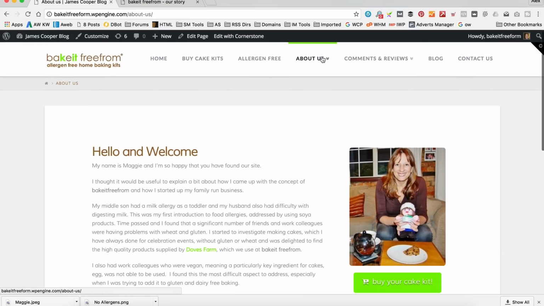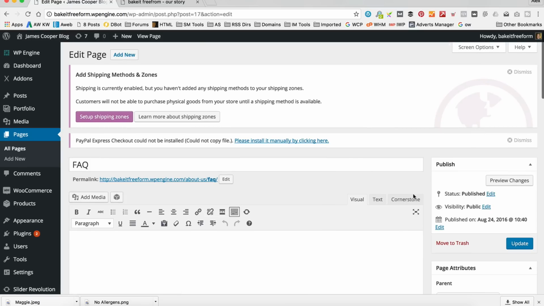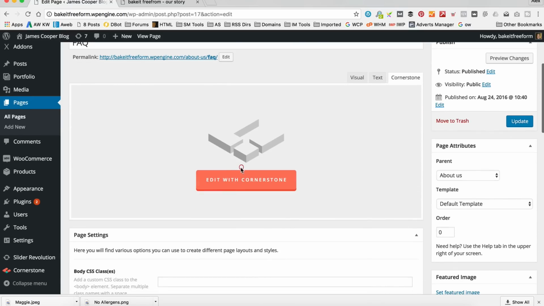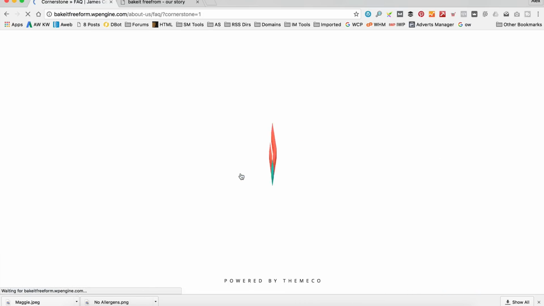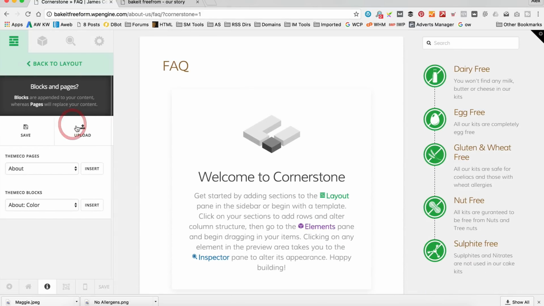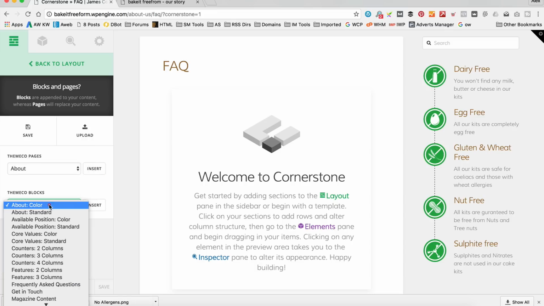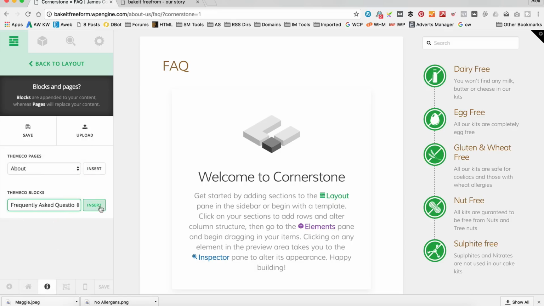So one other page I just want to show you before I do the rest is the FAQ. Again, there's little tools that we can do to help with this page. Let's go in and edit the page, Edit with Cornerstone. So again, in templates, I believe there is an FAQ. Sorry, in the blocks here, theme code blocks, there's a frequently asked questions. If I insert that,